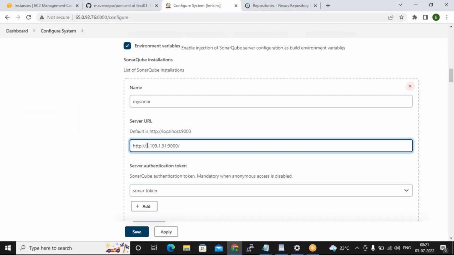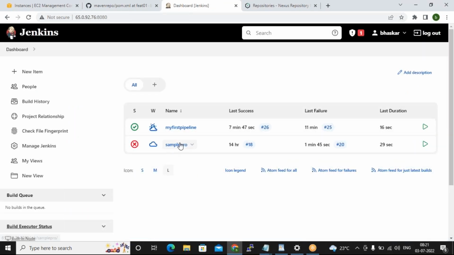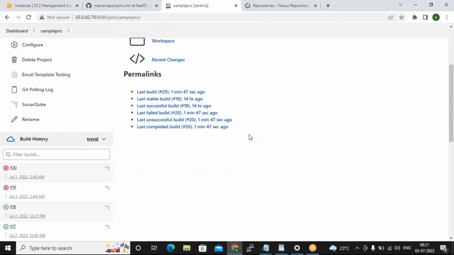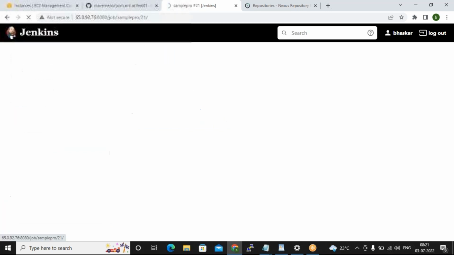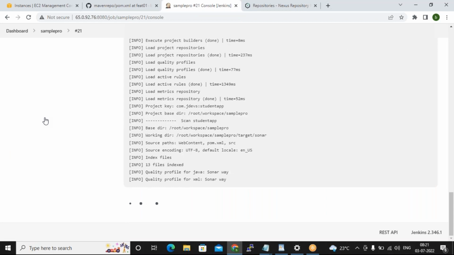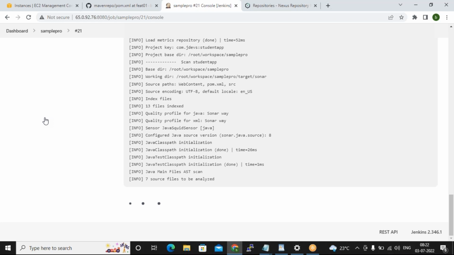In real time, we don't reboot. And one more thing, guys, we use a permanent IP. There is a solution in AWS, Elastic IP. If you attach an Elastic IP to your server, it won't change, so you don't need to change it every time like this. But here, for practice purposes only, if you shut down and start it, your server will not be reachable. I mean, the IP will be changed.